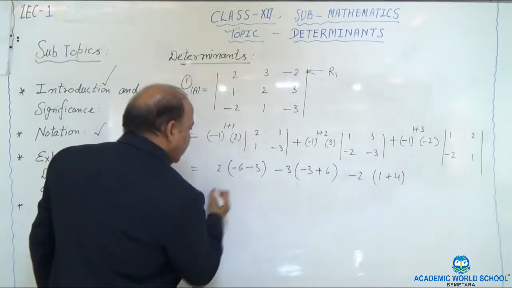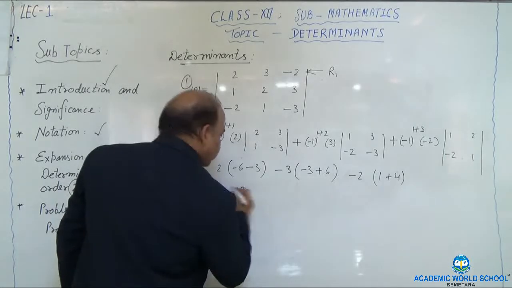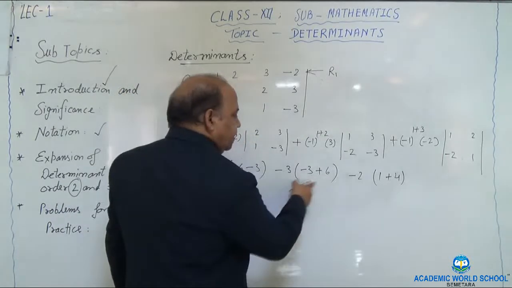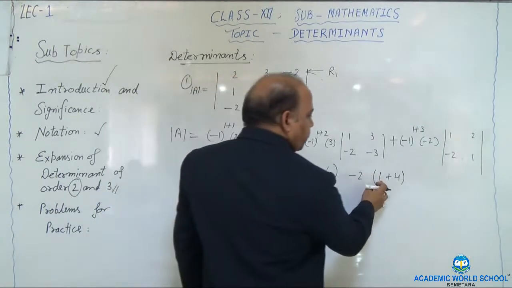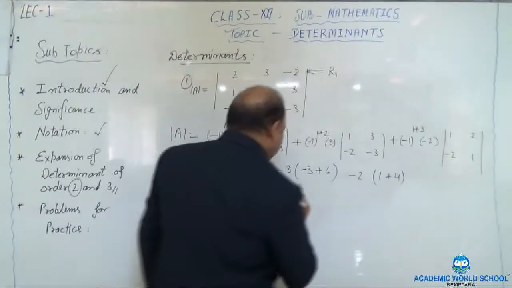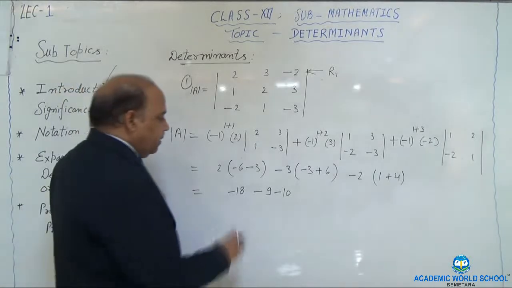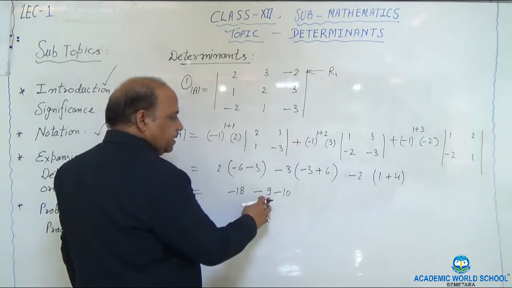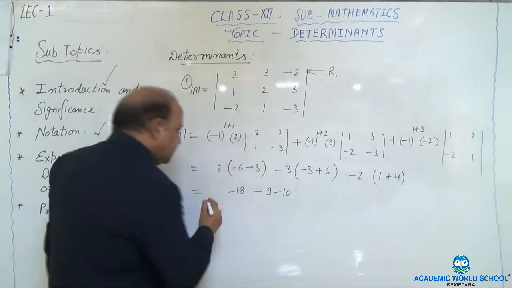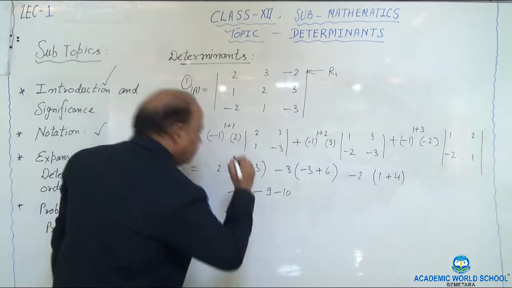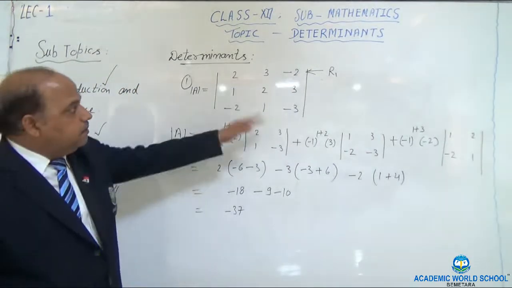So we are left with minus 6 minus 3, minus 9 into 2, minus 18. This will give you plus 3 into minus 3, which will give you minus 9. Then 4 plus 1, 5 into 2, it becomes minus 10. Now if we add, look at this, this becomes 19 and 18, 18 plus 18 is 36. So finally you are left with minus 36. So this is the answer for this determinant.